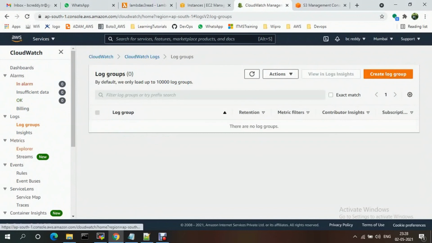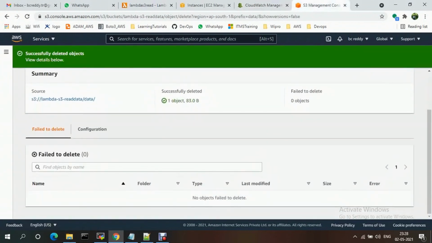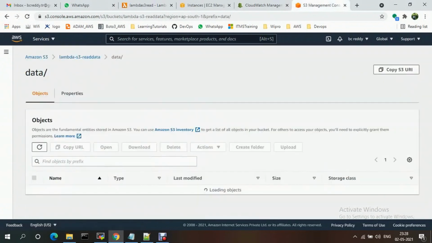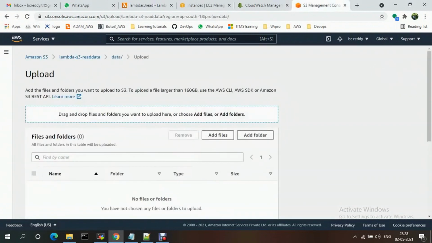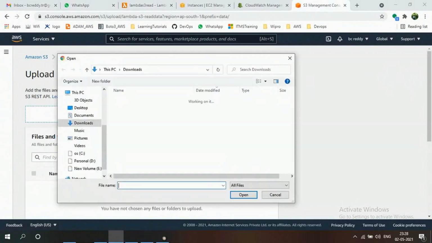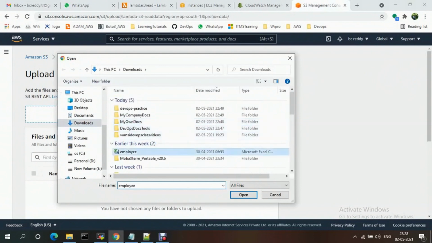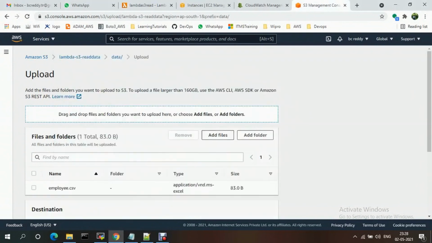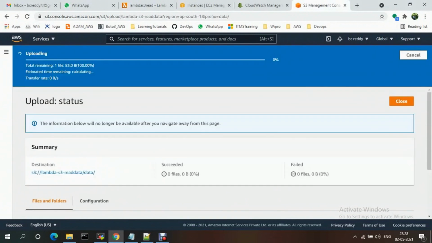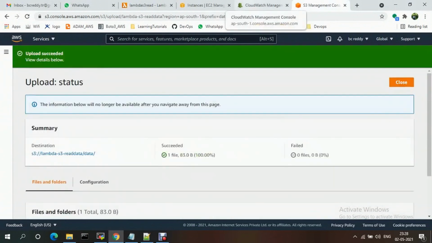Okay, I have deleted the complete log groups, so it is empty. Now I am uploading the file. Upload file, add file. This is the employee.csv file. Uploaded successfully.